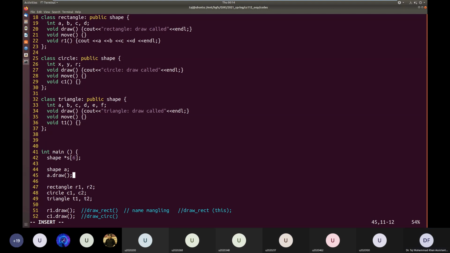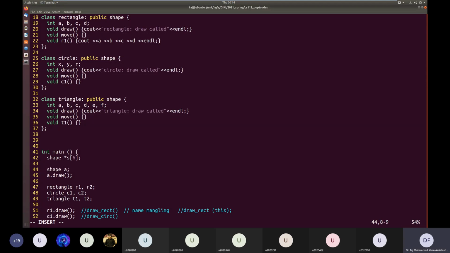in the derived classes. In rectangle, we will implement the function draw because we know how to draw a rectangle. We'll know the height and width of a rectangle, its position, and then we'll be able to draw it. Similarly, we'll be able to implement the draw function for circle as well as triangle. The purpose of the class shape is just to provide a unified interface. Okay? So there's no point having objects of the class shape. So A is practically useless for us.